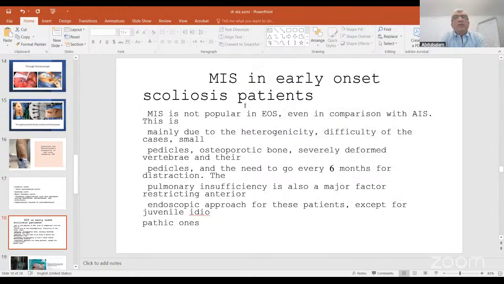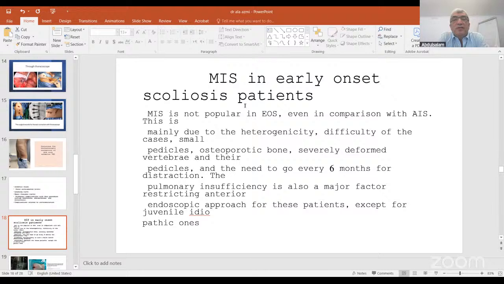So what about minimally invasive technique in early onset scoliosis patients? It's not popular in early onset scoliosis, and you don't see a lot of publications. Up till now, I saw just a couple of publications about that. One of the publications was published 3 years ago in Clinical Orthopaedics, even